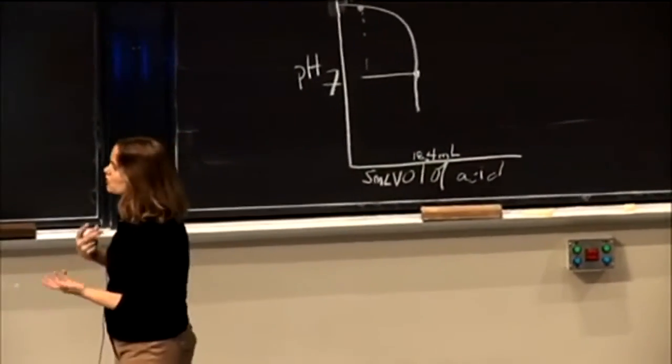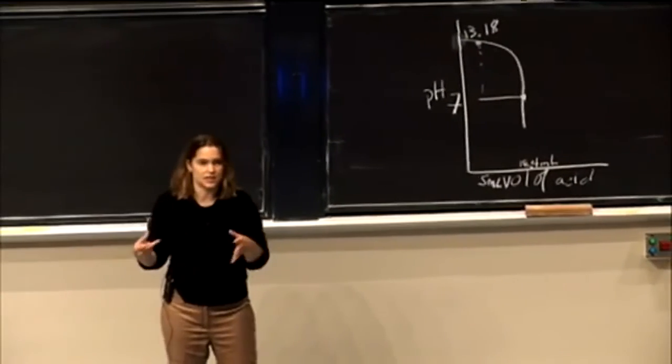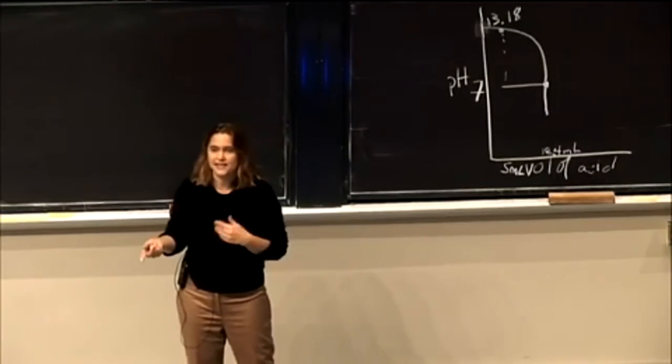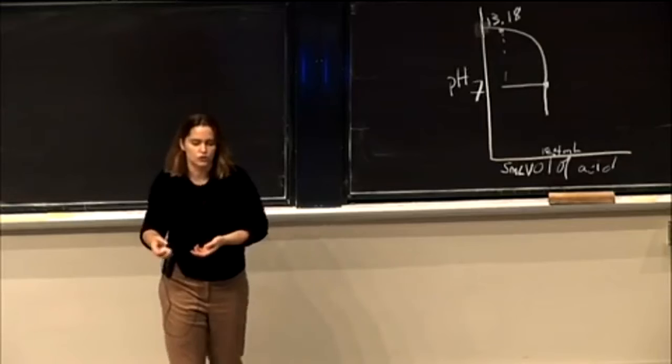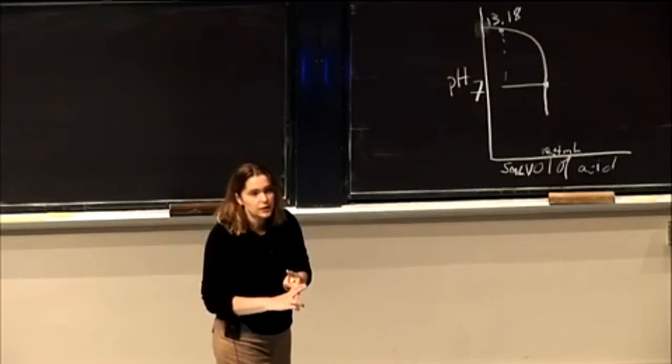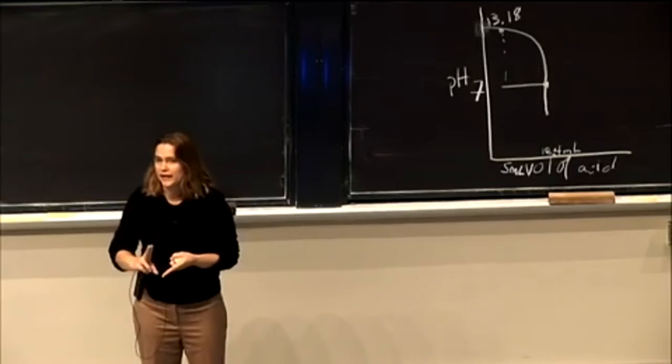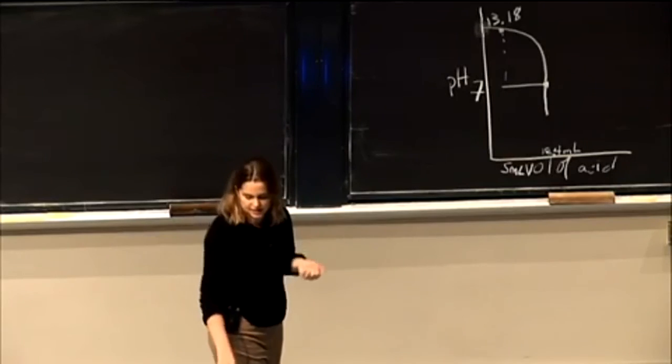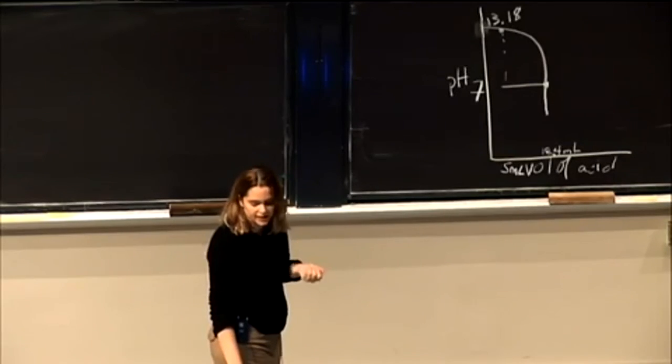So when you titrate a strong acid with a strong base, you form a salt that's neutral, because the conjugates of a strong acid and a strong base are not basic or acidic. They're ineffective as acids or bases, so you're going to get a neutral salt. So if you're doing a problem with a strong acid and strong base, it's not a lot of calculations that need to be done with this point. You just need to recognize that your